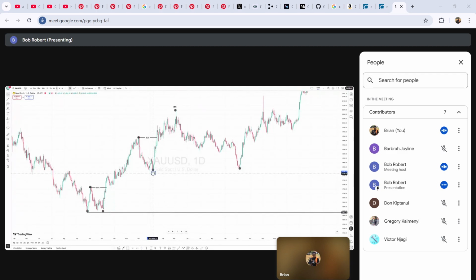Okay, that is very important, because the moment the market breaks this low here, it means that's a change of character. Okay, but it has to respect it, unless it wants to change direction. All right,